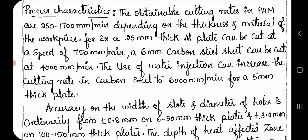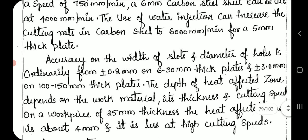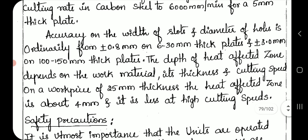5 thick plate. Accuracy on the width of slots and diameter of holes is ordinarily from plus or minus 0.8 on 6 to 30 thick plates and plus or minus 3.0 on 100 to 150 thick plates. The depth of heat affected zone depends on the work material, its thickness, and cutting speed. On a workpiece of 25 thickness, the heat affected zone is about 4 and it is less at high cutting